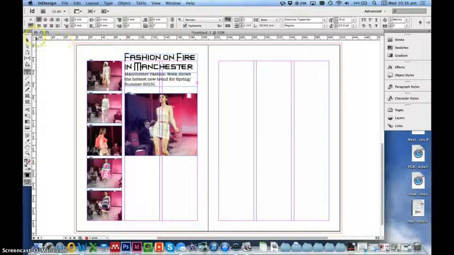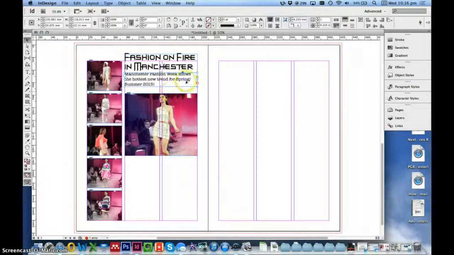I think it's a bit too high up, although the font size is about right for my eyes. So all you've got to do is, with the select tool, click and drag it down. And what you'll see, again, is it snaps. So if I want the bottom to snap in line with the bottom of the picture, which I actually do, I'll let go there. Alternatively, I could have